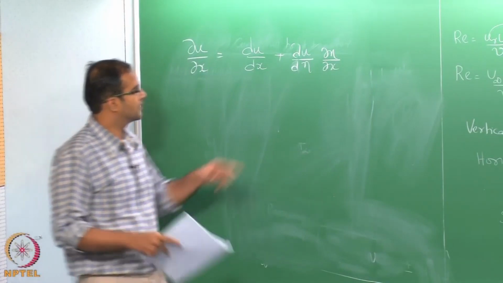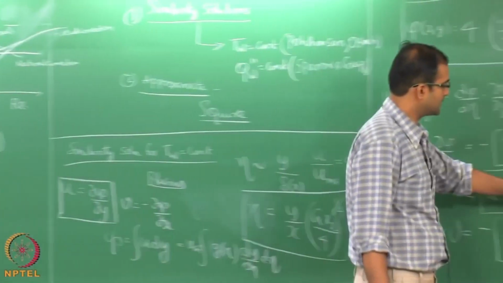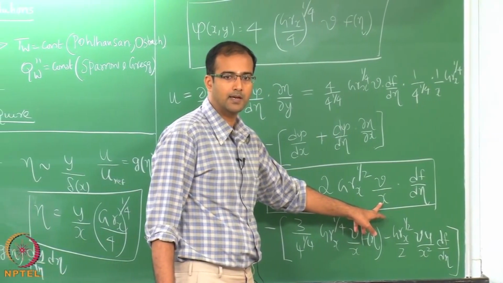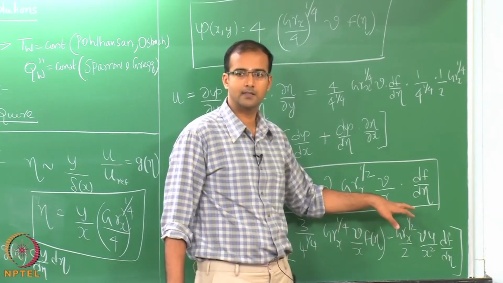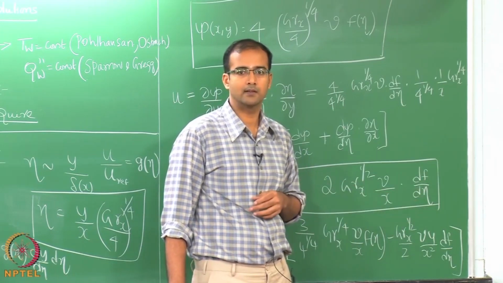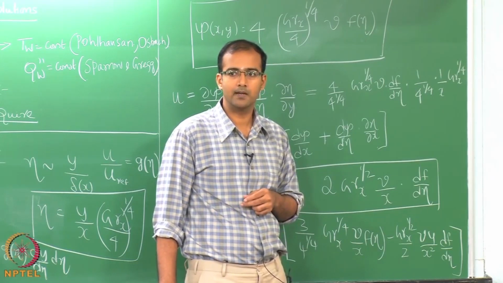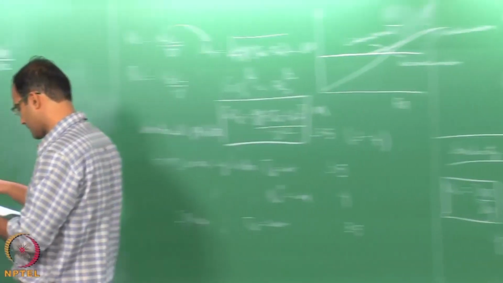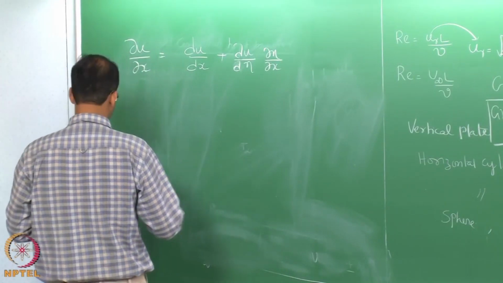Okay. So, du by dx, you have to differentiate by keeping the other terms constant, only as a function of x. Only with respect to x you should differentiate du by dx, the other is du by d eta. So, in that case the other terms are all constant. So, you have only d by d eta of df by d eta. So, you will have a d square f by d eta square term into d eta by dx, right. So, if you again substitute for d eta by dx and so on,